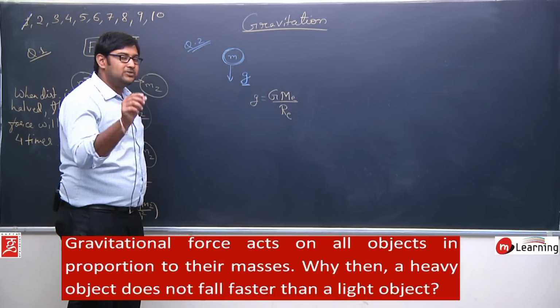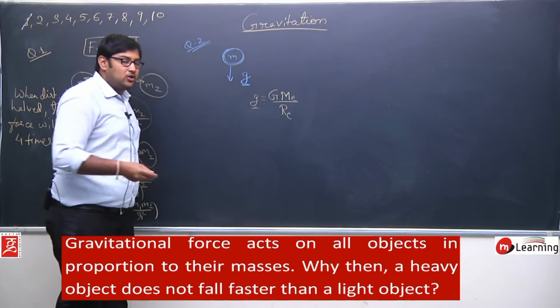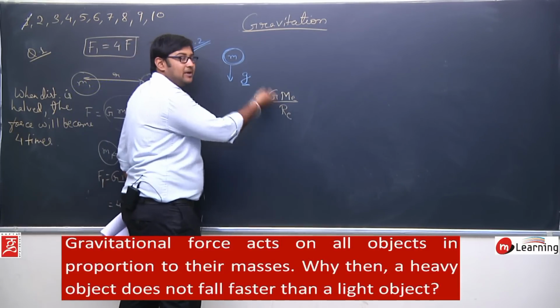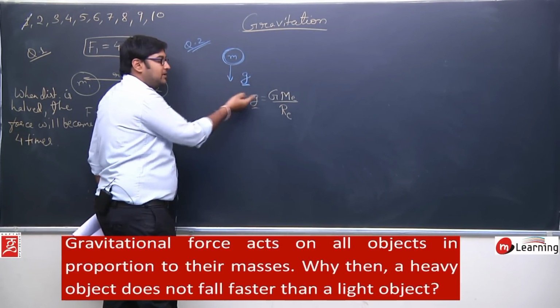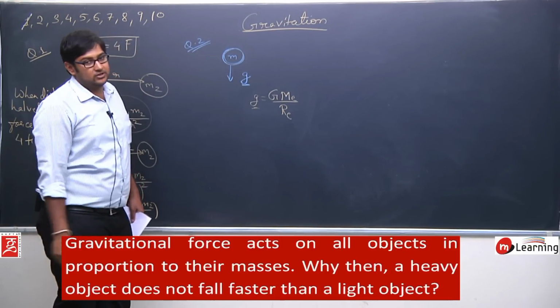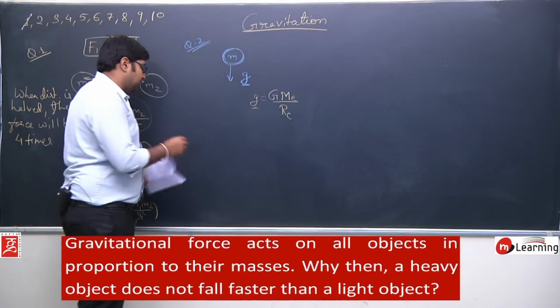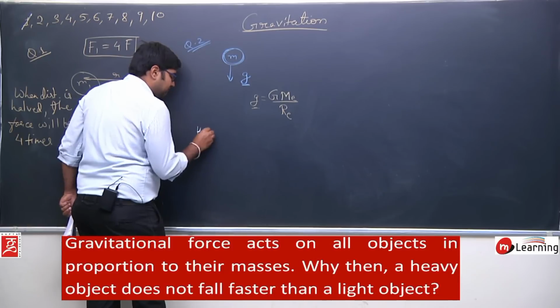Does the mass of the object affect the value of gravitational acceleration? No, we can see that g is not affected by the mass of the object. g depends only on the mass of the earth, the radius of the earth, and the universal gravitational constant. So that's why here we will write: heavy objects